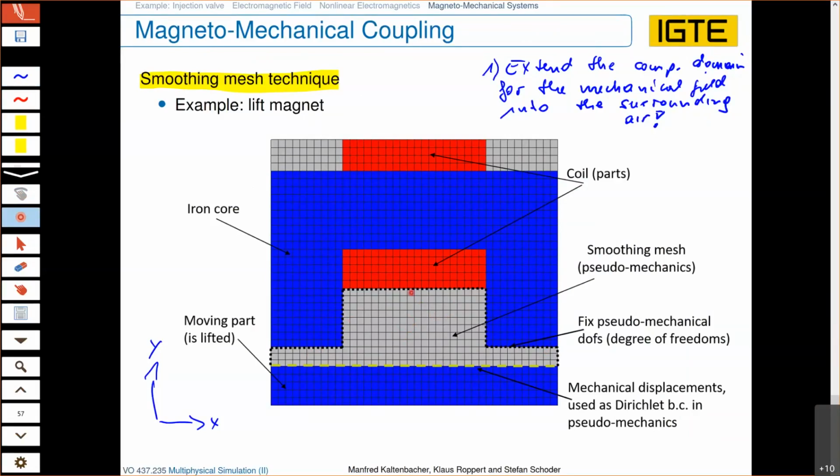Because if you would include this part also here, and along this dotted black line set homogeneous mechanical Dirichlet boundary conditions, so you fix there the degrees of freedom for the mechanical displacement, then you would get also a deformation within this gray region. However, you will get deformed elements, but perhaps you will get heavily distorted elements. And therefore, this second idea, which is actually the topic here, this smoothing mesh technique,